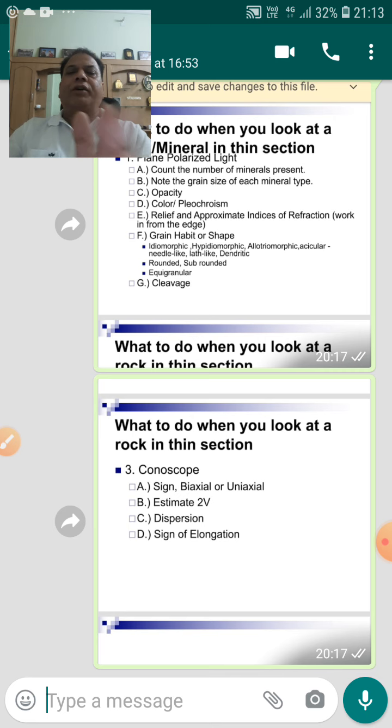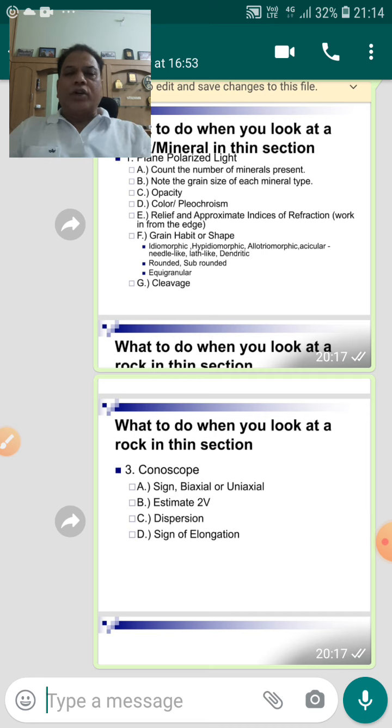So you should start with discriminating first into the category felsic and mafic, then to whichever category it belongs, go further to the subgroups, then to a group, and further in a group, which mineral. For example, in feldspars we classify the feldspars into alkali feldspars and the plagioclase feldspars. The alkali feldspars have Carlsbad twinning, whereas plagioclase feldspars have polysynthetic twinning. The shape of plagioclase feldspar is blade shape or lath shape. So these are the distinctions. We can easily distinguish whether it is an alkali or the plagioclase.